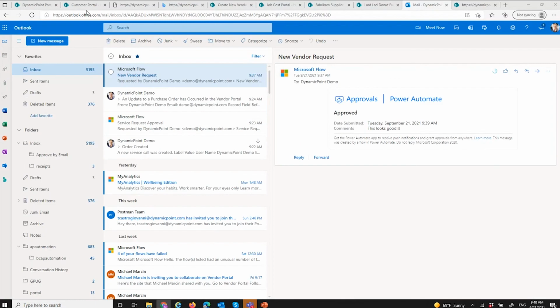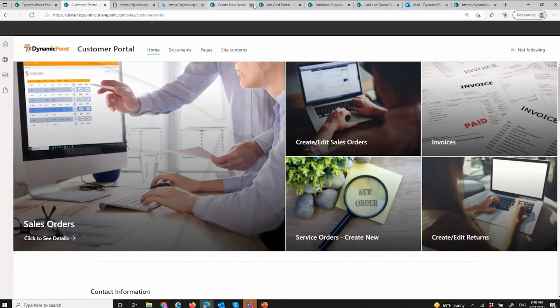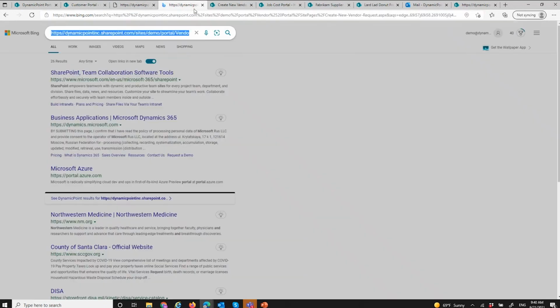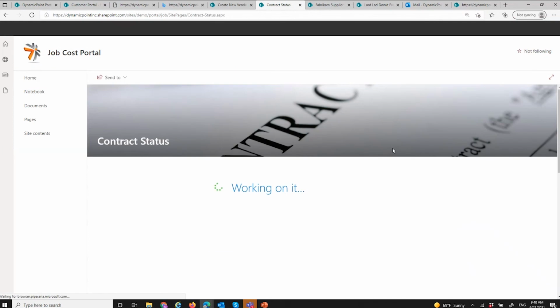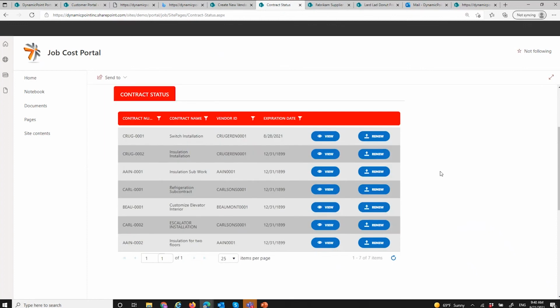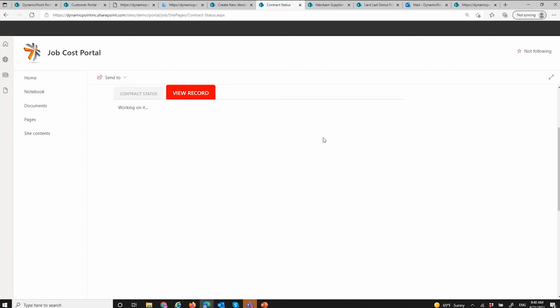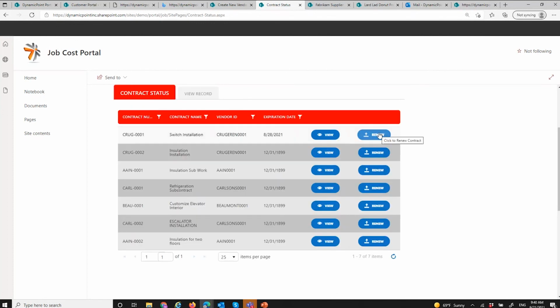I have another similar example. If I were to go to my customer portal, let's go ahead and look at that one. And on my contracts, I believe I have a contract renewal process. So here I have all the contracts coming out of the system, of which have expiration dates associated to them. And I could drill into these expiration dates and look at the contract and whatever details I want. And I have an option to initiate a renewal from the portal.